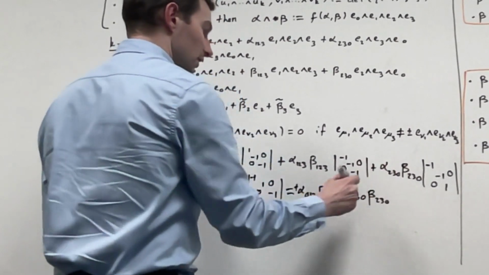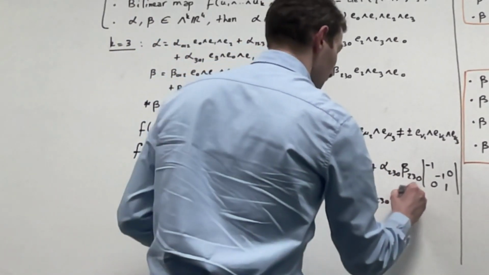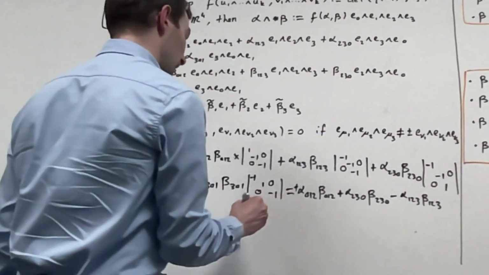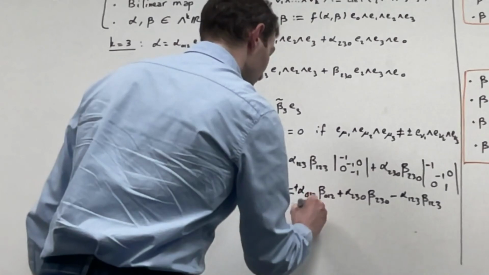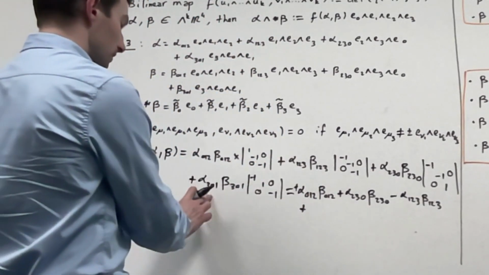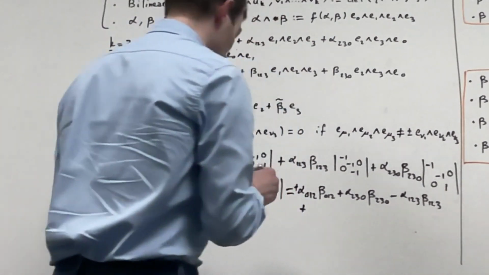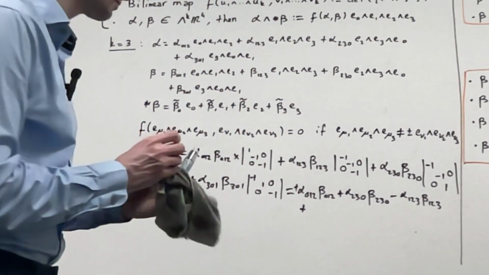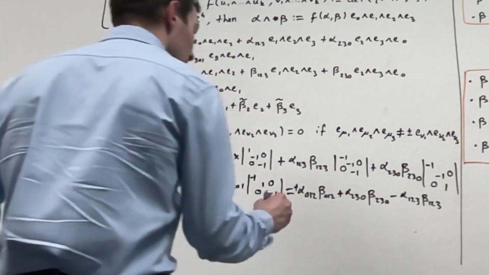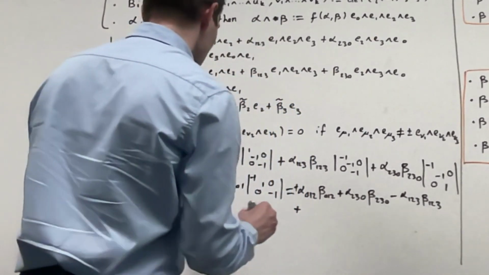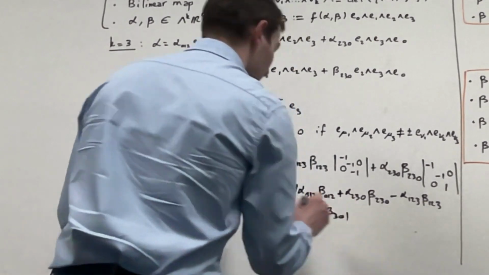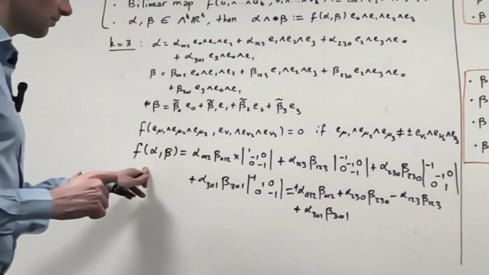Here this is this one, and I forgot the -1 here. Alpha 1, 2, 3, beta 1, 2, 3, and then we have plus, this one here, and that's actually a plus sign again. So this is giving us plus alpha 3, 0, 1, beta 3, 0, 1. Okay, so that's for f of alpha, beta,